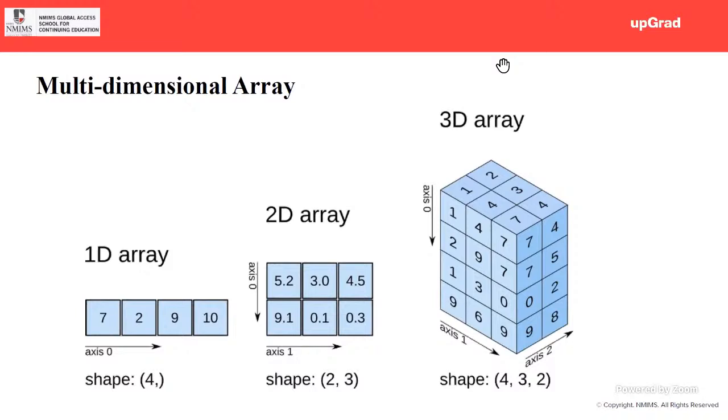No, Parinit, we don't write 1,4 or 4,1 in one dimension. For one dimension, it's just 4, because we cannot say these are columns or this is a row. So we just write 4, comma, that's it. For a 1D array, number of elements, comma, we leave the next space empty, and this is how the concept is. Okay. All right, so let's move ahead.